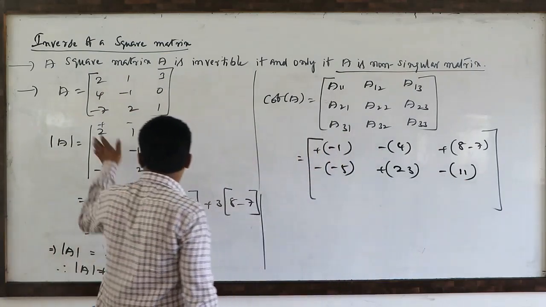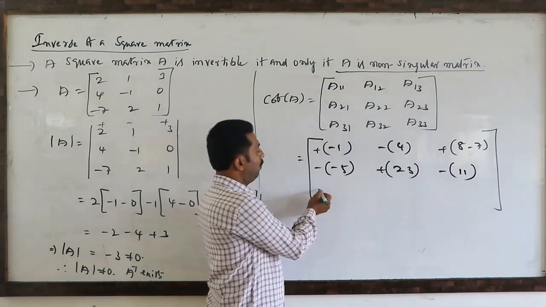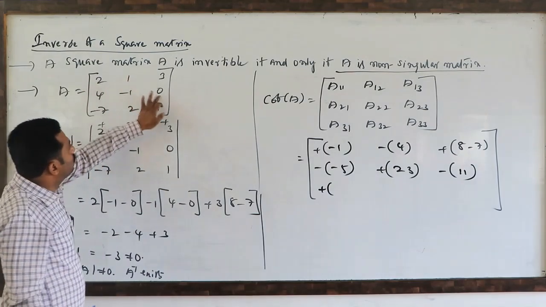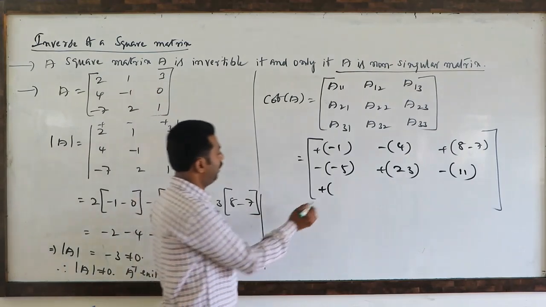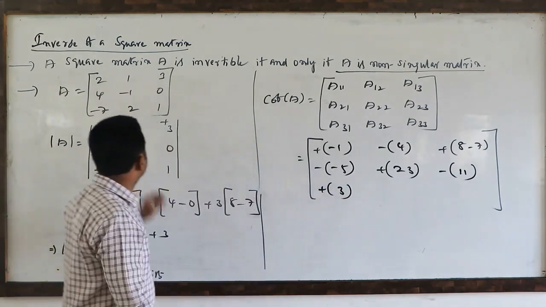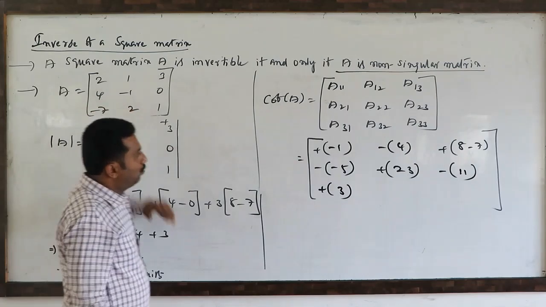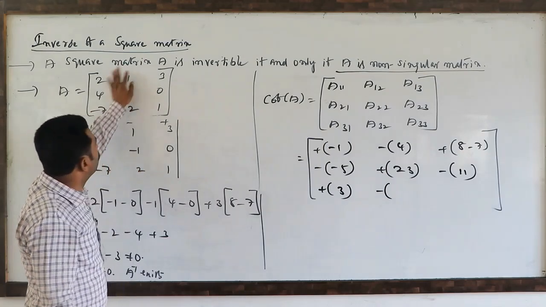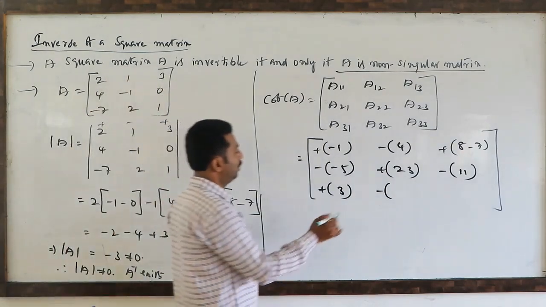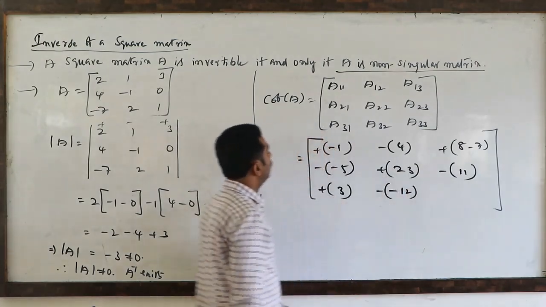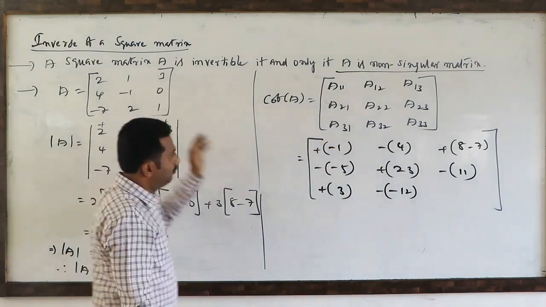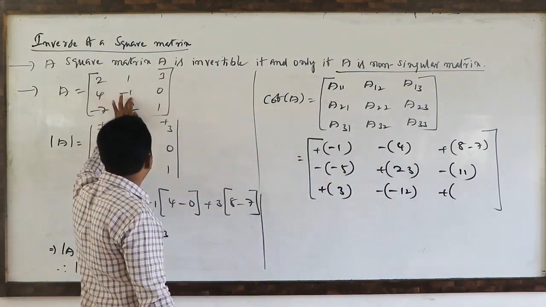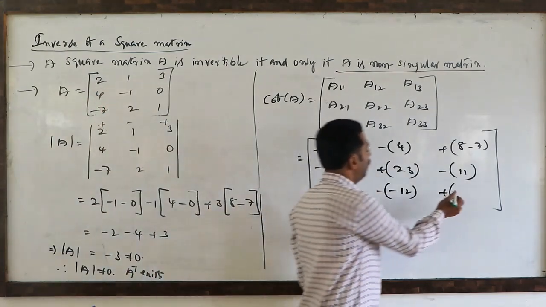Next, A31, 3 plus 1, 4, positive sign, even number. Third row, first column you close. 0 minus of minus 3, this will be plus 3. Next, A32, 3 plus 2 means 5, negative symbol. Third row, second column you close. This is 0 minus 12, this is minus 12. Next, third row, third column. 3 plus 3 means 6, positive sign. Third row, third column you delete. Minus 2, minus 4, minus 6.